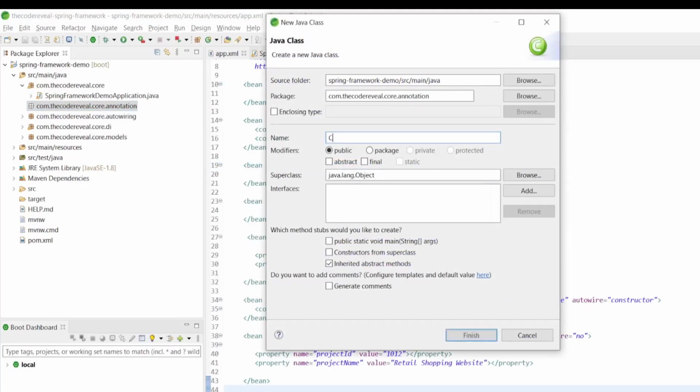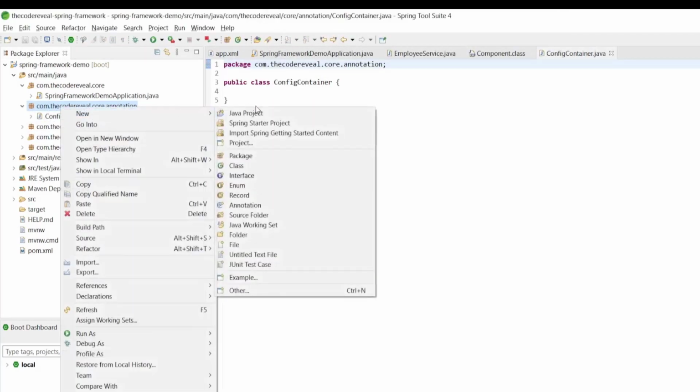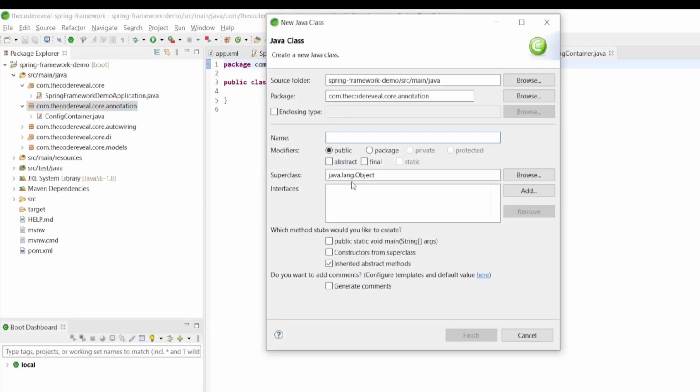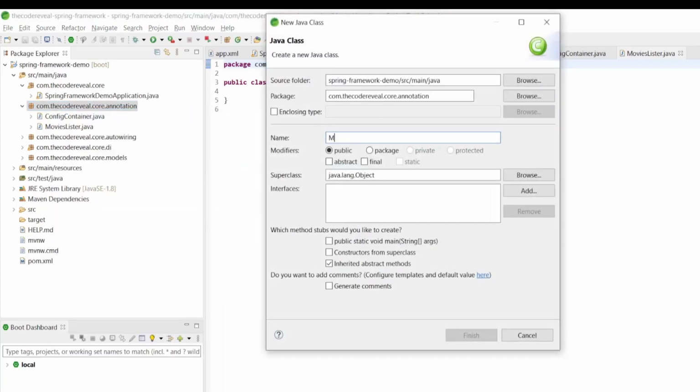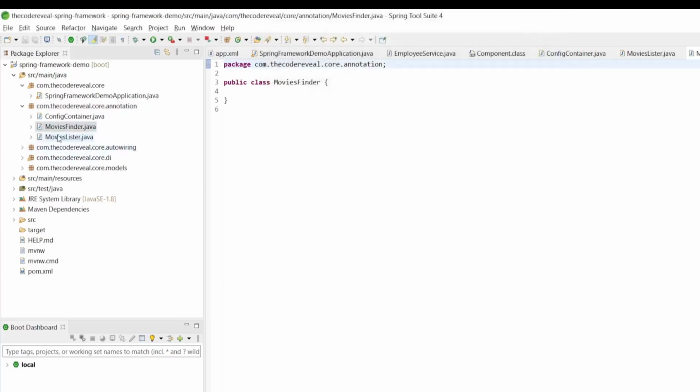Let's first create a config container, and here we'll add movies lister, and one more class we'll use, movies finder. So we have created three classes.